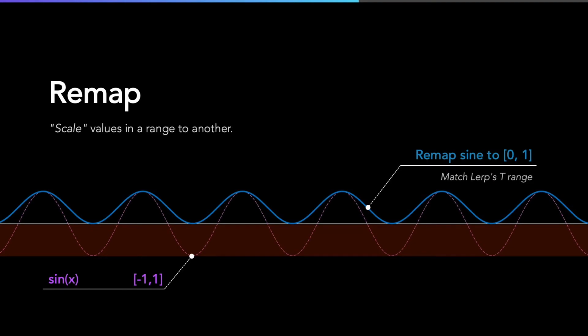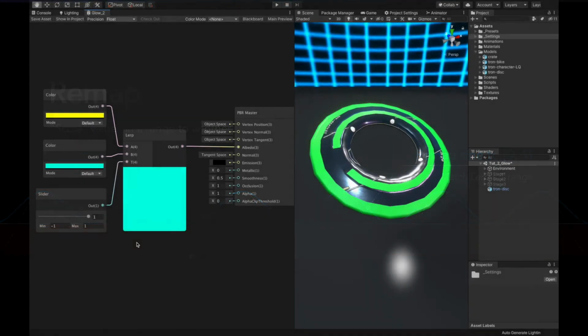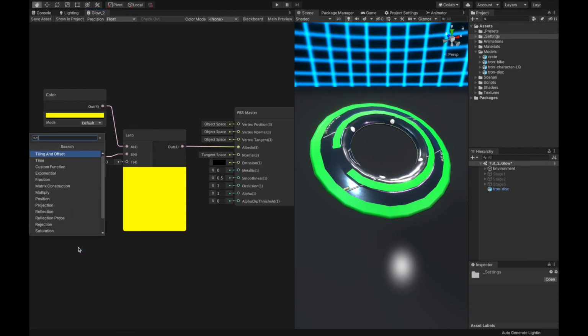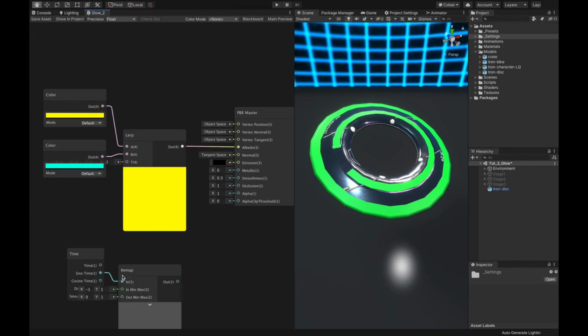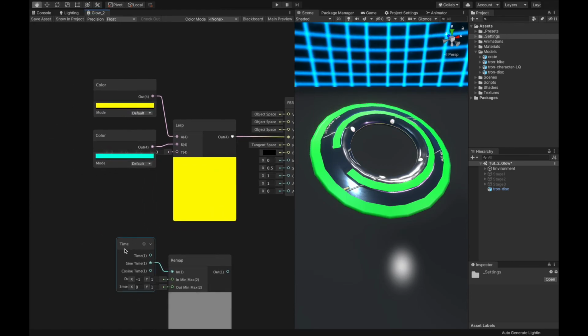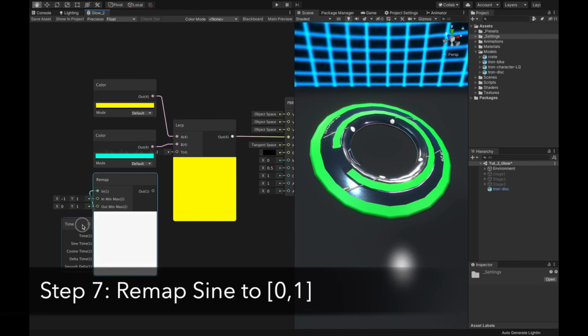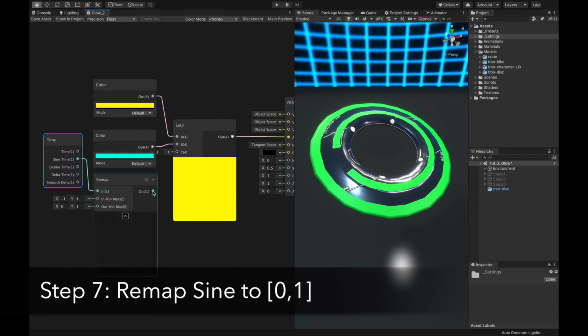In order to fix this, we just need to scale the range from -1 to 1 into 0 to 1, so that any value in the range of -1 to 1 can be mapped to new values according to the ratio in the range of 0 to 1. This can be achieved by remapping. In Shader Graph, create a Remap node and set Sine Time as the input to be remapped. Other parameters of the Remap node are already set up to scale -1,1 to 0,1, so leave them as they are. Finally, set the Remap output as the mixing factor, and that's it.